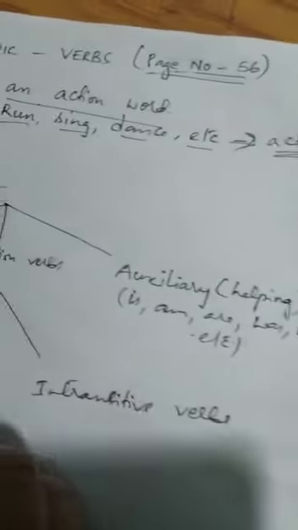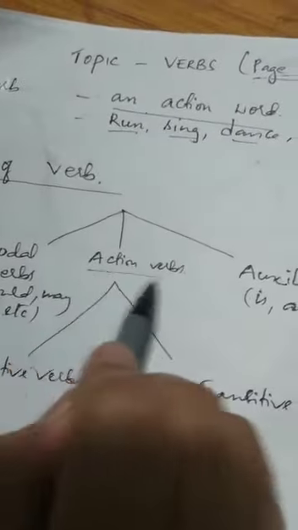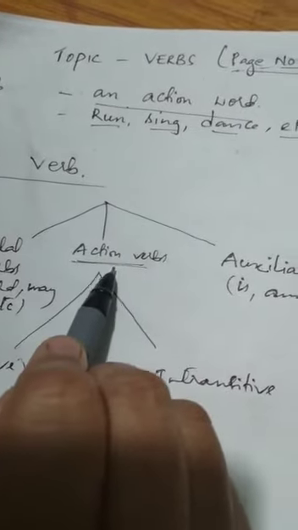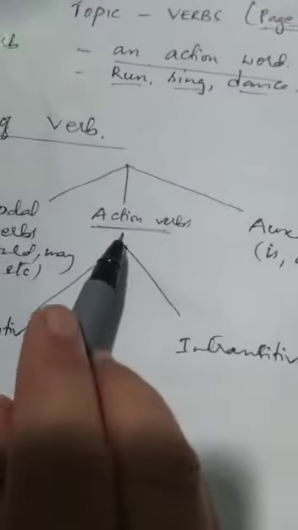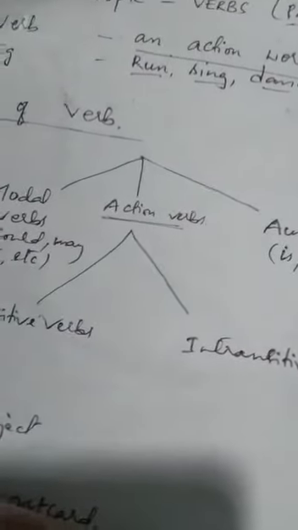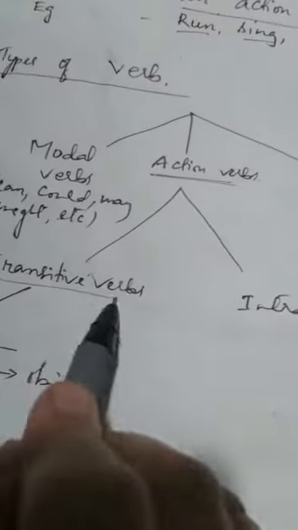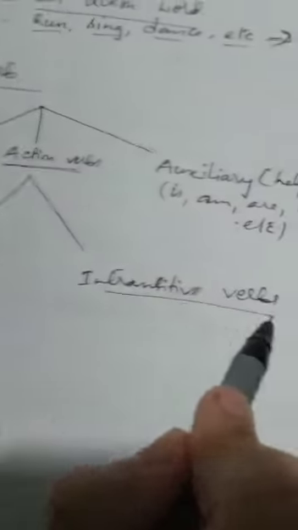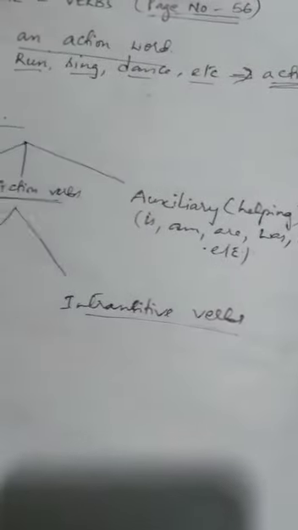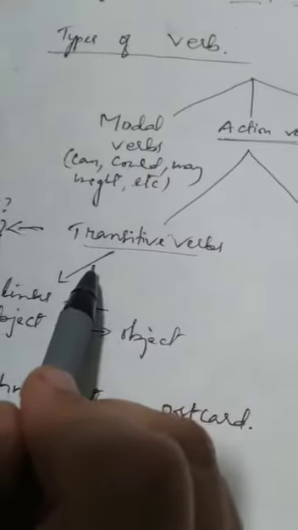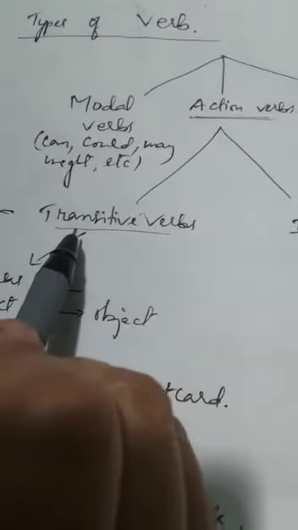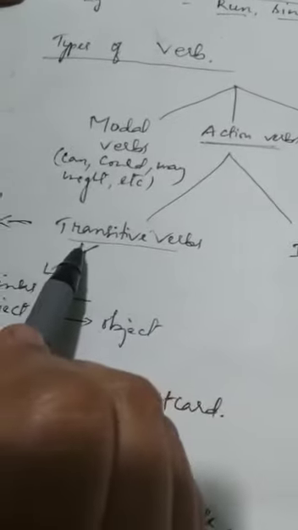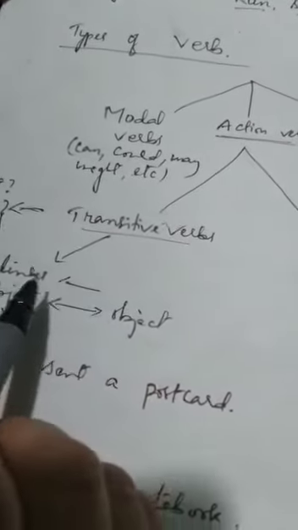Now coming to the third type of verb, that is the action verbs, which we are going to see today. Now coming down further in the diagram, you can see that these verbs are divided into transitive verbs and intransitive verbs. Now today, in this video lesson, we would learn what are transitive verbs. Now transitive verbs